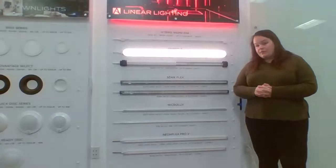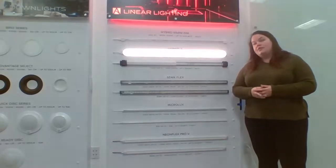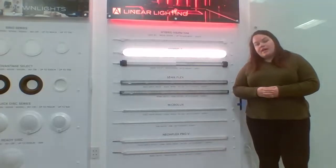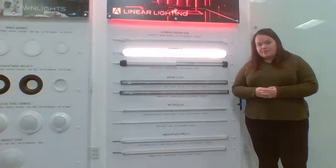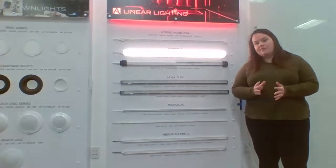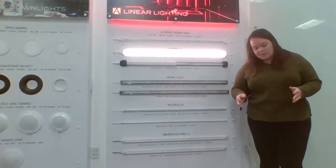Again, up to 500 lumens per foot, and we sell it in 2 different styles. You can order this in a 150-foot bulk reel, or you can have it custom cut here in Denver. Now, the reason why we offer a custom cut, it's important to note that